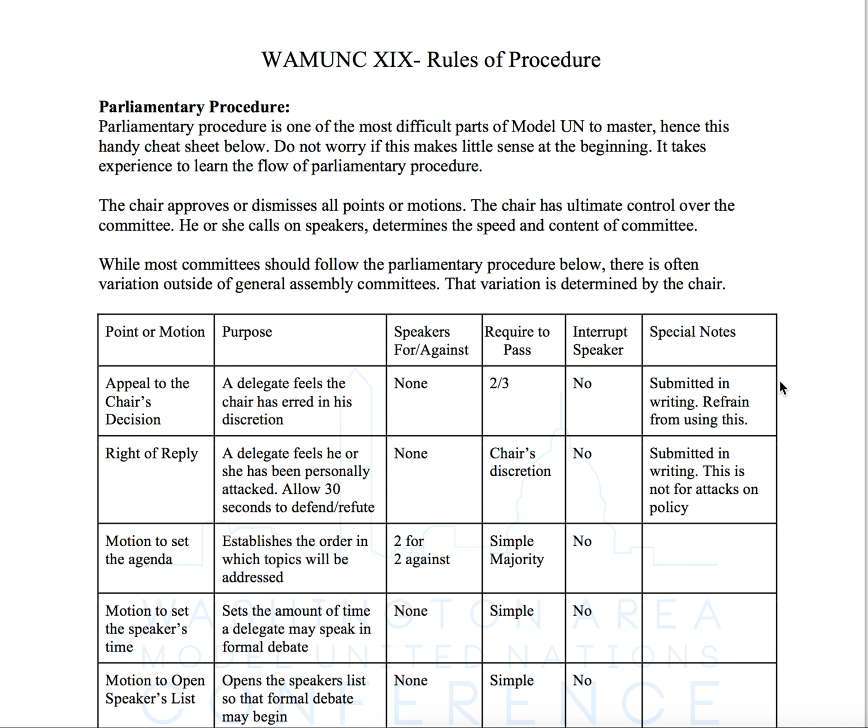I'm really happy to be talking to you about the rules of procedure for a Model UN committee. This is actually a really important topic because it is a little bit banal to talk about the rules and structure and all of that, but knowing these things really makes you a step ahead of a lot of the people in committee who might not be as familiar with these types of things, and also gets you engaged because you have an idea of really what's going on and you're really prepared to do a good job in